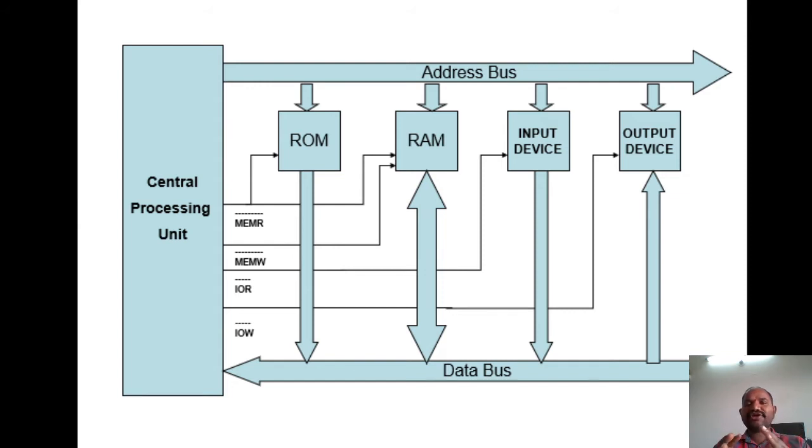Execution of a program stored in the memory by the microprocessor is done by the following steps. One is the fetching operation. First of all, the microprocessor calculates from which memory location onwards your program is stored. That address is taken by the microprocessor, and it performs the fetching operation, meaning it first reads the first instruction of your program. First it fetches the information from the memory, then decodes the information. After decoding, it decides what kind of operation needs to be performed.